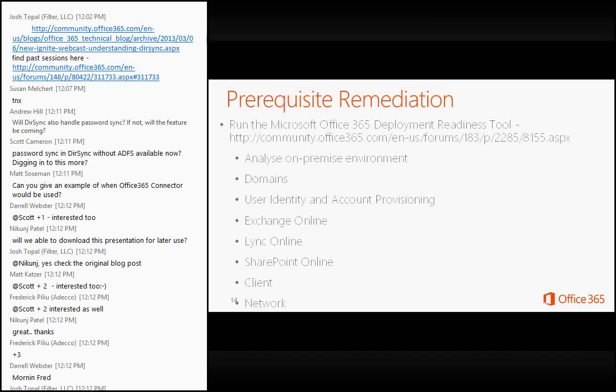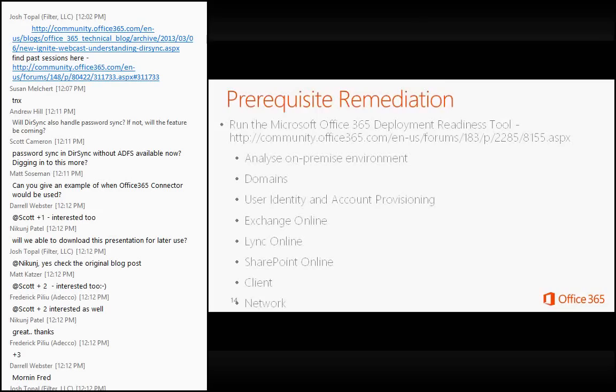So the single sign-on piece as well, it'll do things like attribute assessment around that. It'll do some investigation around Exchange Online, so it'll look at things like statistical information, any public delegates, any proxy addresses, any third-party and unified proxy address information that's been populated. It'll do the same sort of thing from a Lync perspective, so it'll look at things like SIP domains, any statistical information,